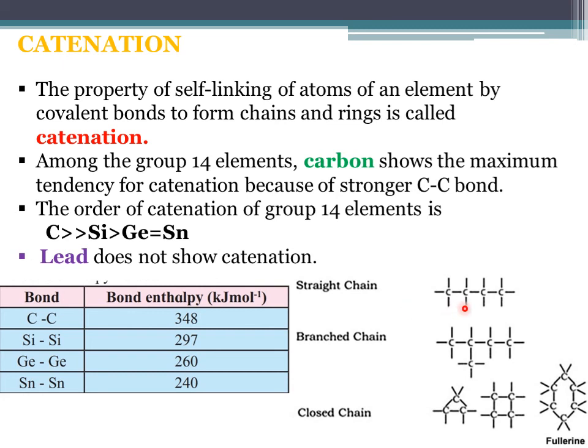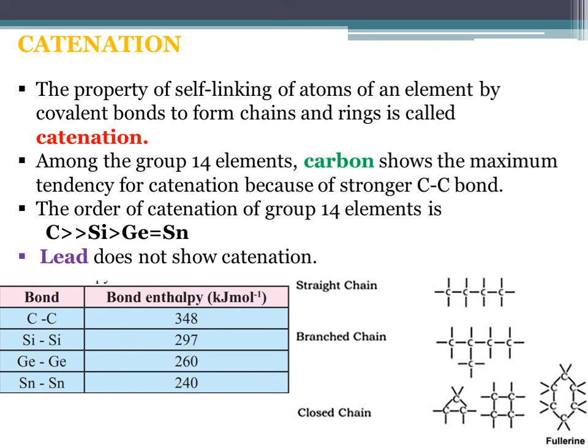So students, over here you all can see that the carbon atoms are being linked to one another, and this has led to the formation of a straight chain. Whereas talking about the branch chain, over here you all can see again the carbon atoms are being linked and it has formed a branch chain. Similar goes with the closed chain. So my dear students, over here you all can see the formation of a ring structure with the help of the carbon atoms. Now over here we can see the linkage of the elements, and this linkage is due to covalent bonds. So the bonds which are formed between two identical atoms or two identical elements are because of the covalent bond.